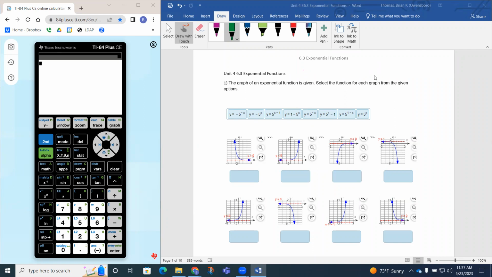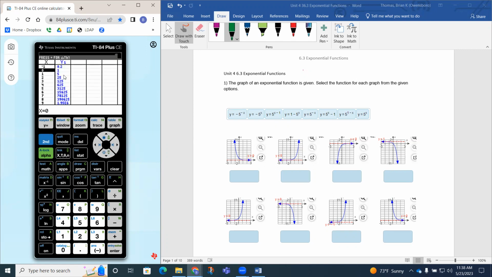If you want to see a lot more about exponential functions, you should probably watch the videos based on the lesson itself. So I'm just going to go ahead and work this problem out. Again, we have the graphing calculator. We can type in y equals, and I can type in just the parent function, which is 5 as the base to the x power. And if I hit the table,